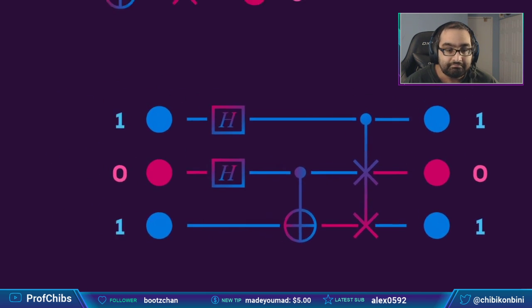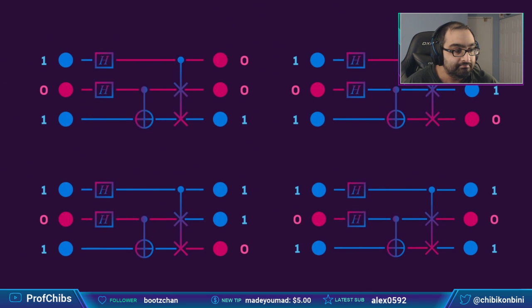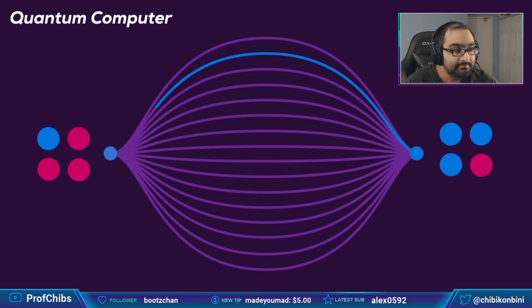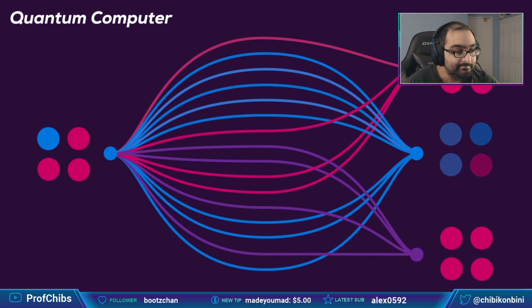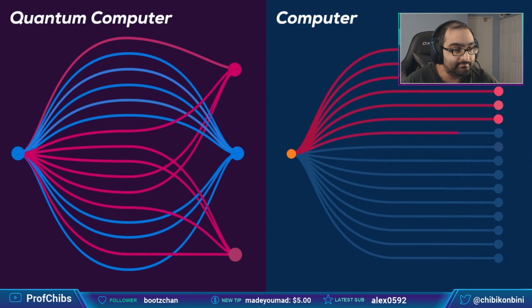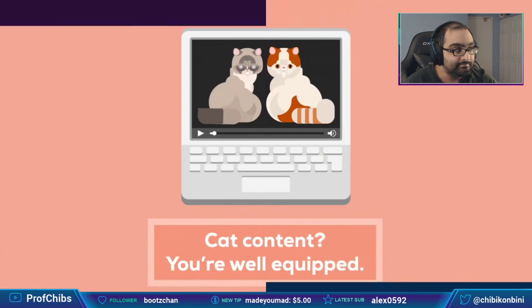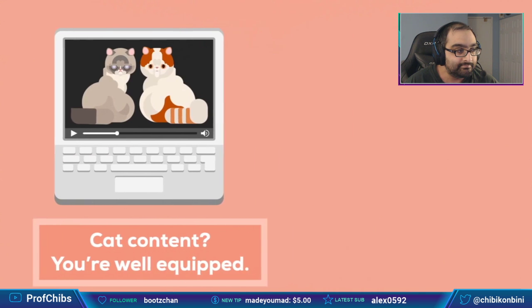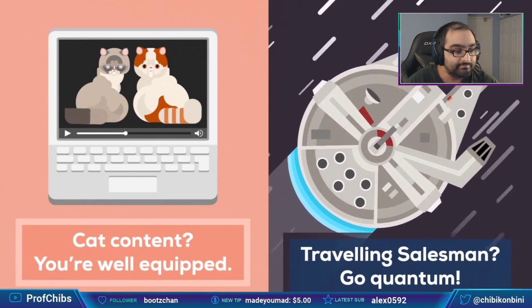What this means is that you get the entire lot of calculations that are possible with your setup all done at the same time. Ultimately, you can only measure one of the results, and it will only probably be the one you want, so you may have to double check and try again. But by cleverly exploiting superposition and entanglement, this can be exponentially more efficient than would ever be possible on a normal computer. So while quantum computers will probably not replace our home computers, in some areas they are vastly superior.